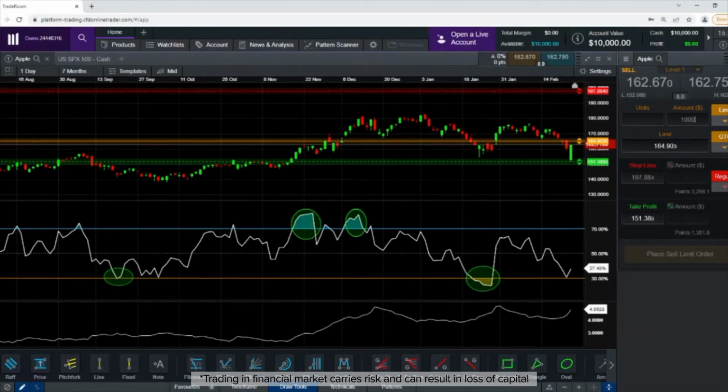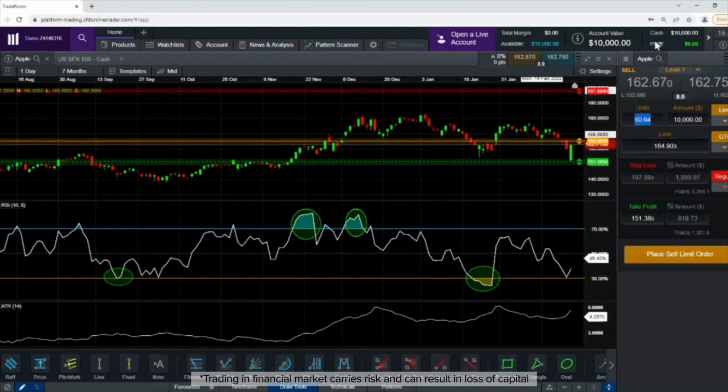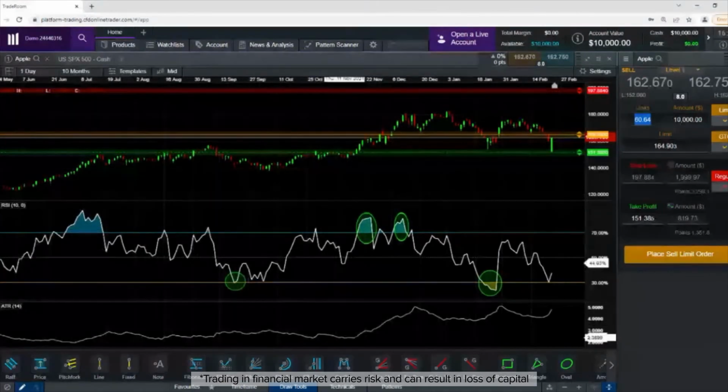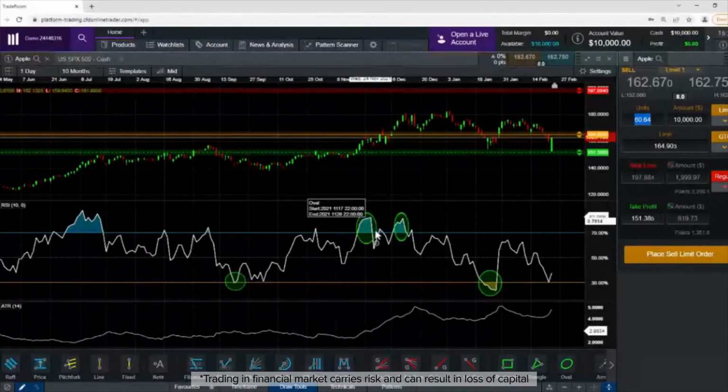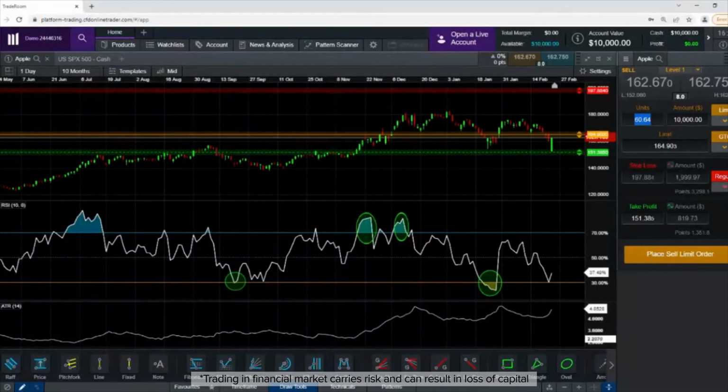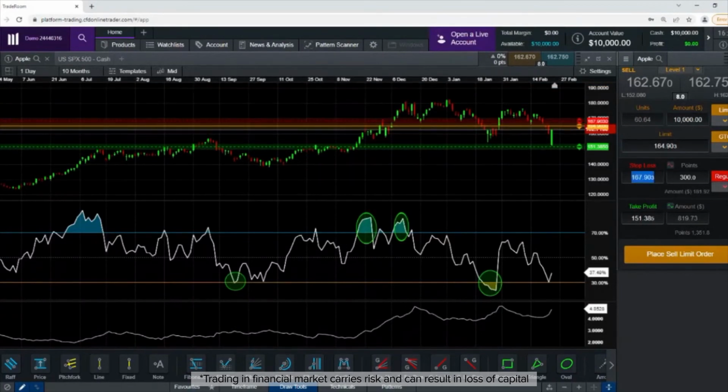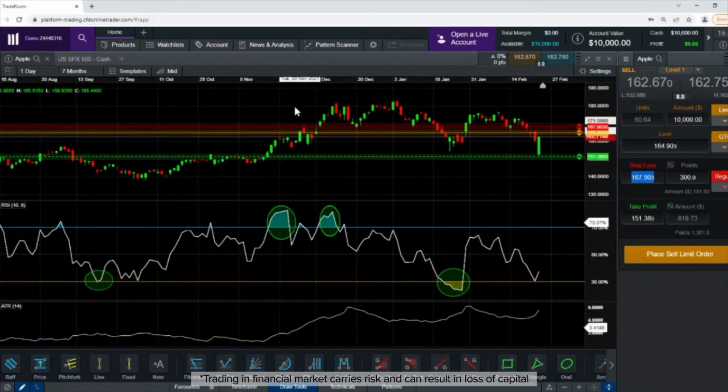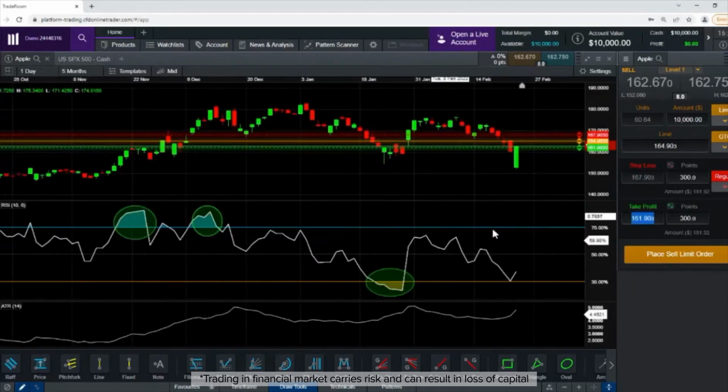Right? So let's say you invest $10,000 again in the market, and we look at the ATR. Let's look at the ATR at that point of time. When RSI was overbought, ATR at that point of time was roughly $2.7. You can see on the right hand side, it was about $2.7. So about 300 points, that is $3, is where your stop loss is going to be. And let's say we are looking at 1:1 risk reward. You keep a take profit of $3 lower. You can even make it